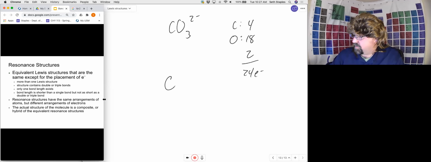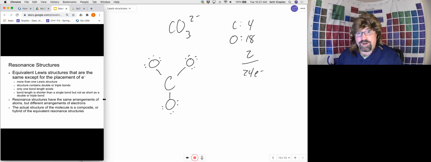We're going to put our carbon in the middle. We're going to then put our oxygens around the outside, connect them with single bonds, and then add electrons to our outer atoms. So now we've used up all 24 electrons, but we can see that carbon does not have an octet. And so we're going to go ahead and steal from one of,